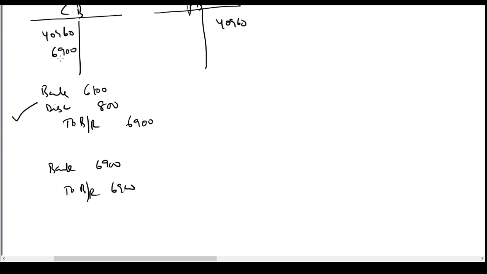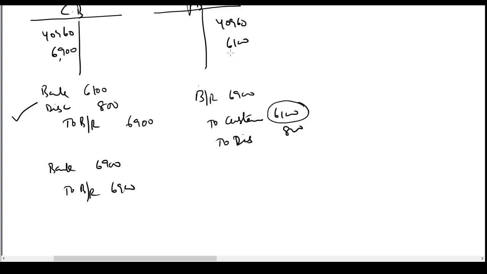So 6,900 has been recorded in the cash book. Whereas in the passbook, the bank would have credited only 6,100, that is net of discount, to your account. What will the bank pass? Bills receivable account debtor 6,900 to customer account 6,100 to discount income for them 800. So they have credited only 6,100 in your account, whereas the accountant has made a mistake and